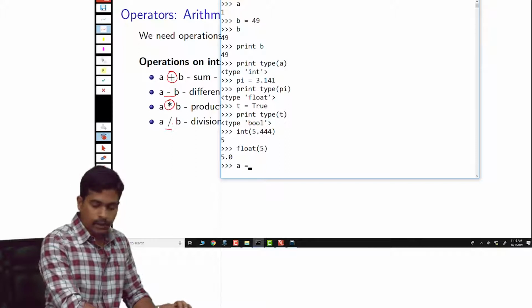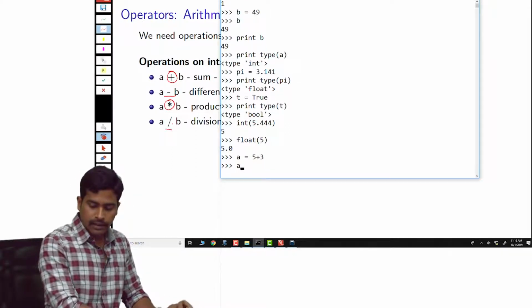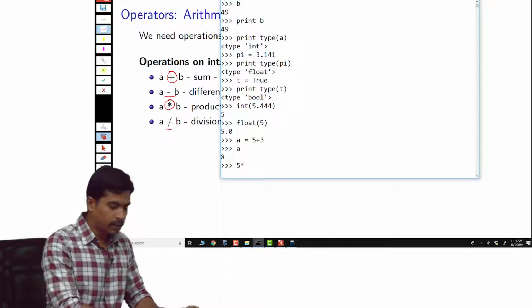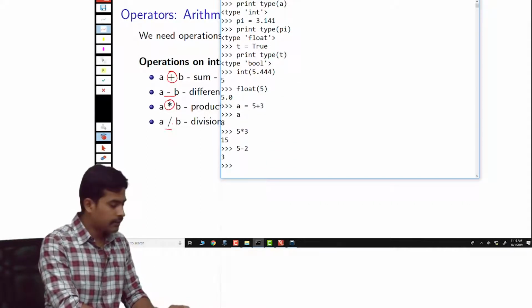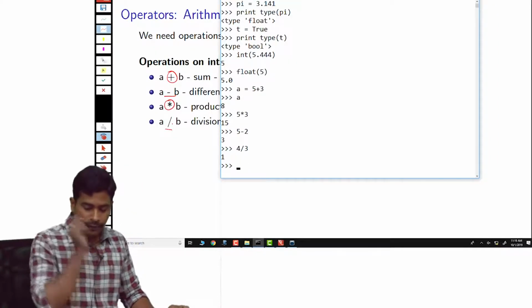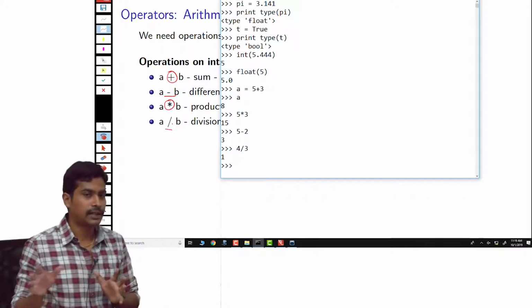We can say a equals 5 plus 3 and if we just say a, it gives the value of a. Similarly, we can just type 5 times 3, it's 15, and 5 minus 2 is 3 and so on. If you noticed here, 4 divided by 3 should have been 1.333.